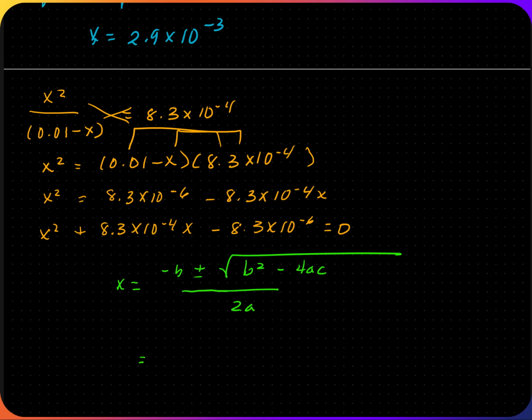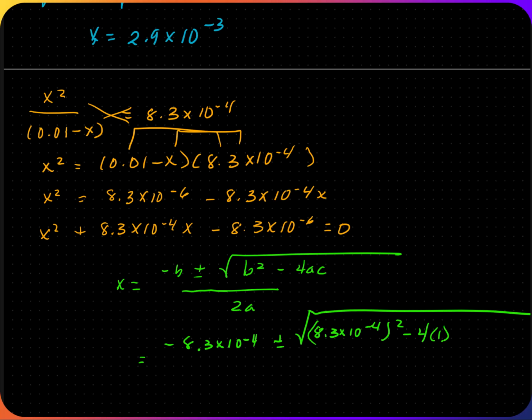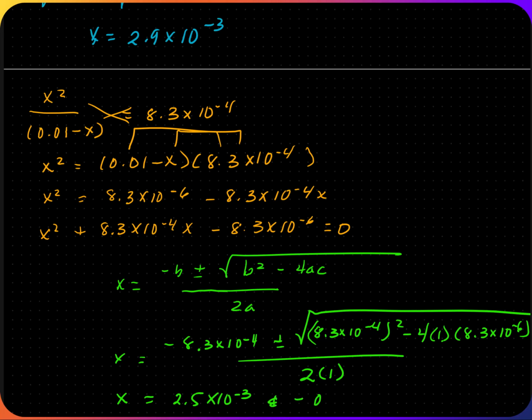Plugging it in, this is going to be negative 8.3 times 10 to the negative 4th plus or minus the square root of 8.3 times 10 to the negative 4 squared minus 4, where A is 1 and C is 8.3 times 10 to the negative 6, divided by 2 times 1. Solving for x, you get 2.5 times 10 to the negative 3rd and negative